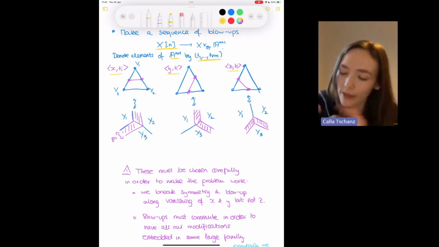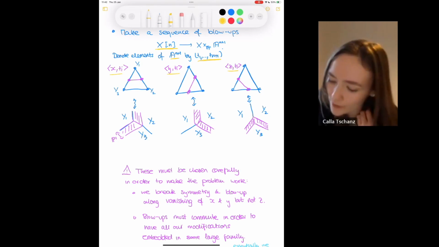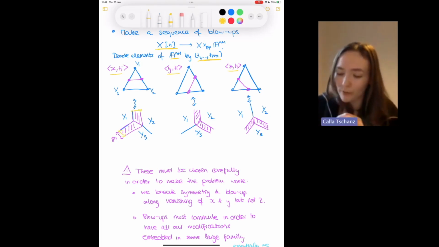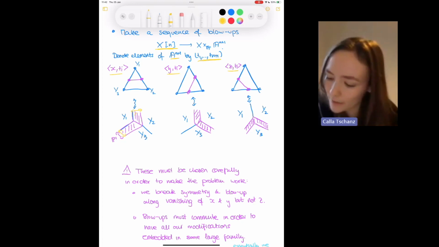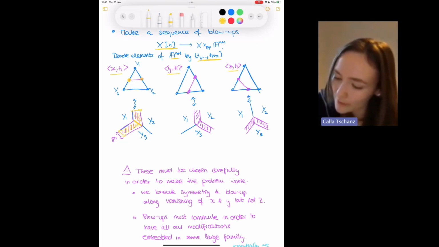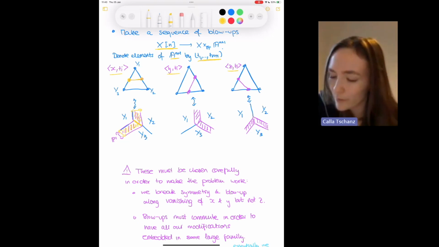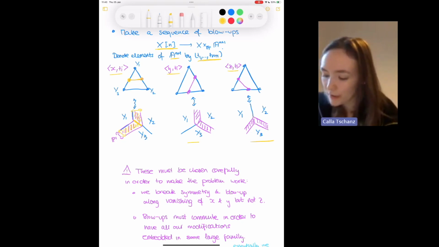Blowing up X is like blowing up this Y1 component. On the geometric side, it adds this P1 bundle over the intersection all around Y1. On the tropical side, this is just adding this component here between Y1 and Y2, this component here between Y1 and Y3, and the intersection between them is this edge between the two. So we're allowed this first picture, this second picture, or this third picture.